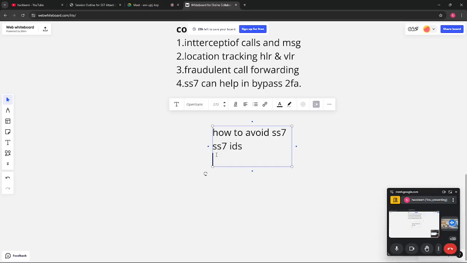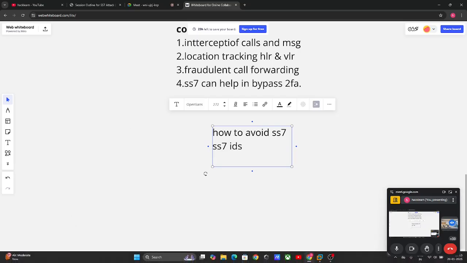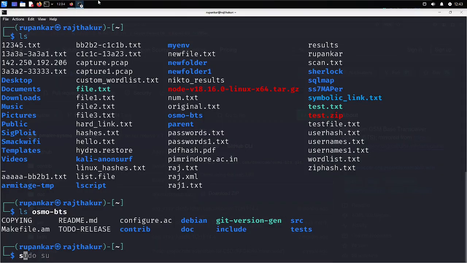After that, you can use a Python library which is Scapy. Scapy is a powerful Python-based packet manipulation tool. You can also use Scapy to do all these steps, and you can capture all the traffic of SS7 using Scapy also. Let me move on to Scapy and show how you can use that.